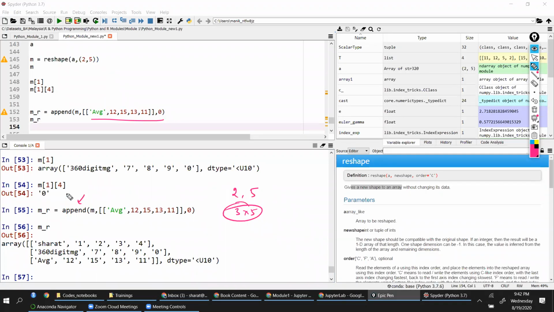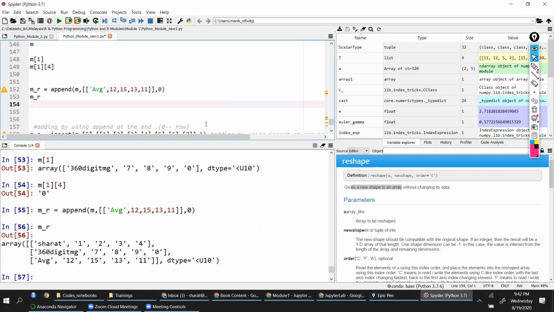Always remember, append will add at the end, that's the default. Append means at the end. How about adding a column? Row you added, fine, axis 0. Now if you want to add a column, how do I do that? If I simply change this 0 to 1, it will not work out.